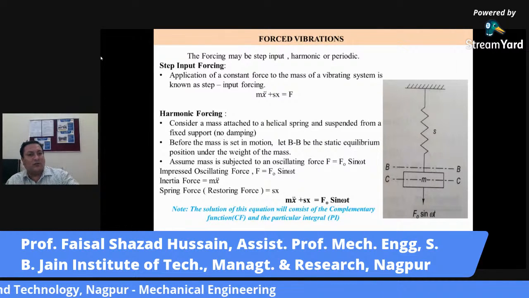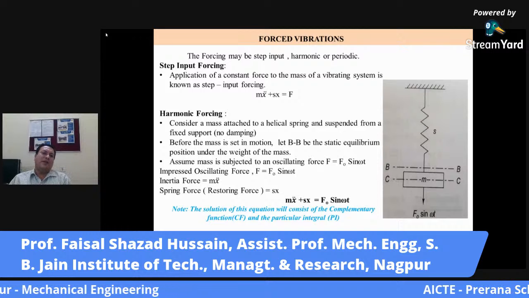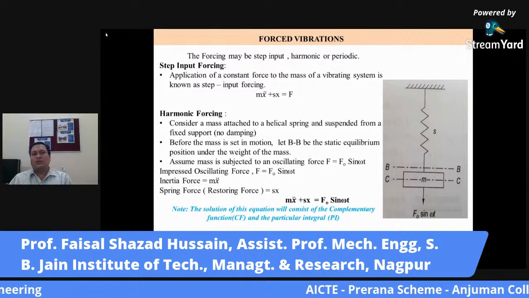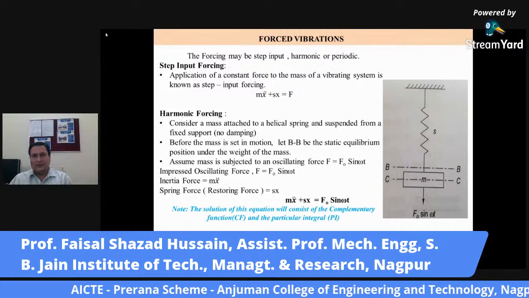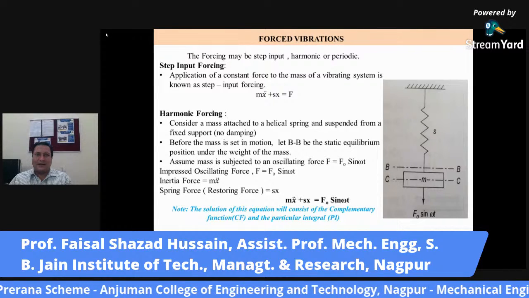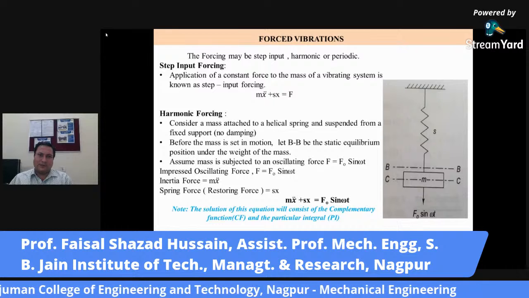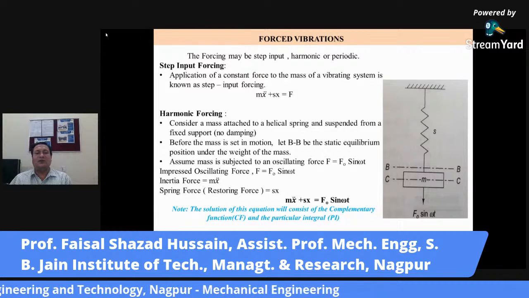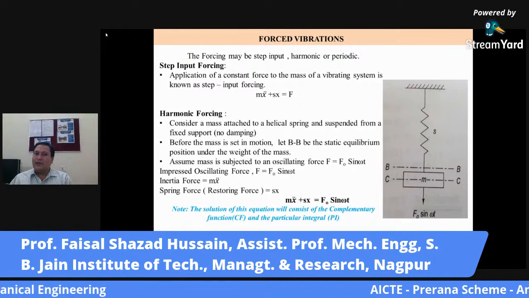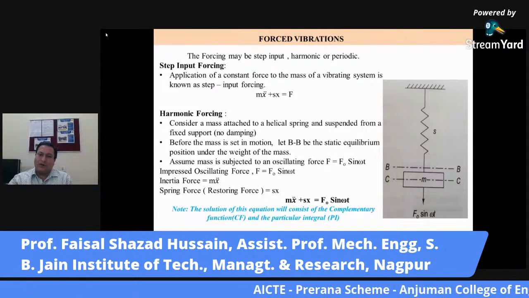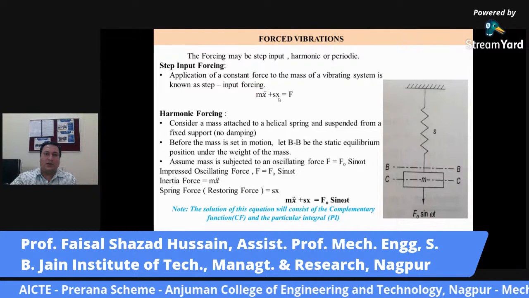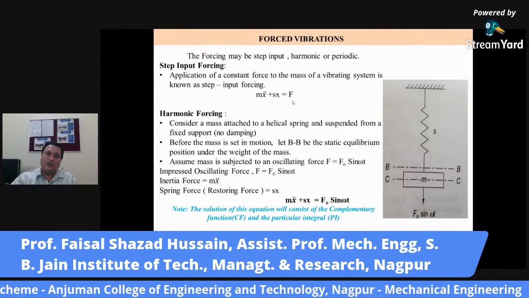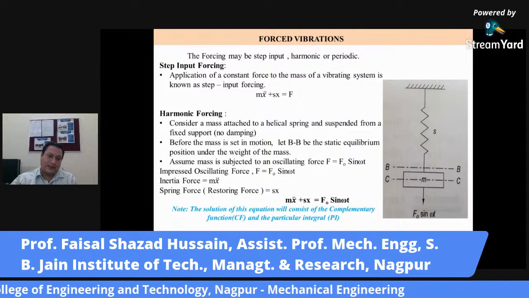Now in step input forcing, application of constant force to the mass of a vibrating system is involved. It means that if a constant force is applied on the vibrating system, it comes under the category of step input forcing, and the equation will be inertia force m x double dot plus your restoring force equal to the constant force F. Second is your